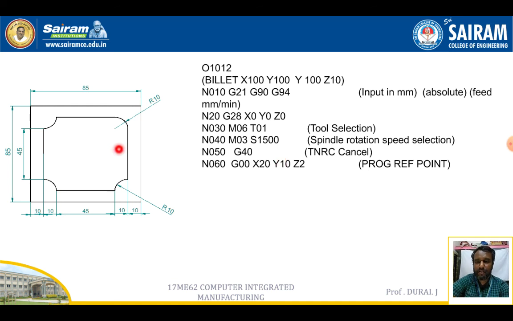So here the total depth of the component is 10 mm, but we are giving only 5 mm here. 5 mm only we are removing. If the full thing were removed, this would be separated. But our aim is to create a groove in the component, like this profile. So that's why we are giving minus 5 mm.